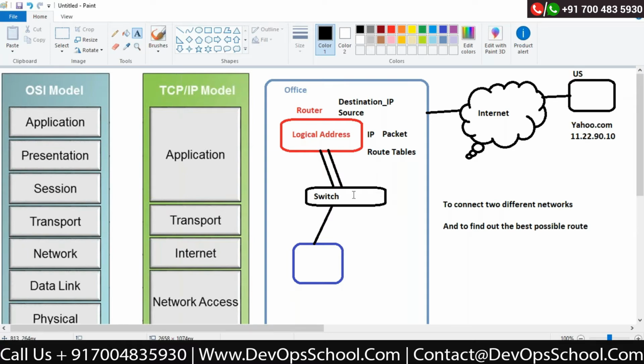I cannot create a route table on my router for all of them, correct? I can create a route table between the offices. I have thousands of Capgemini offices, and if I would like to share data between the offices and the clients, I can do the routing. But I have millions of websites. Can I do the routing for those millions of websites? No. Similarly, I cannot find out all the MAC addresses. Am I right? Similarly, if I want to go to yahoo.com, I would need to create a route for yahoo.com. Maybe some people are accessing Bing, some people are accessing Google. So am I supposed to create a route for all?